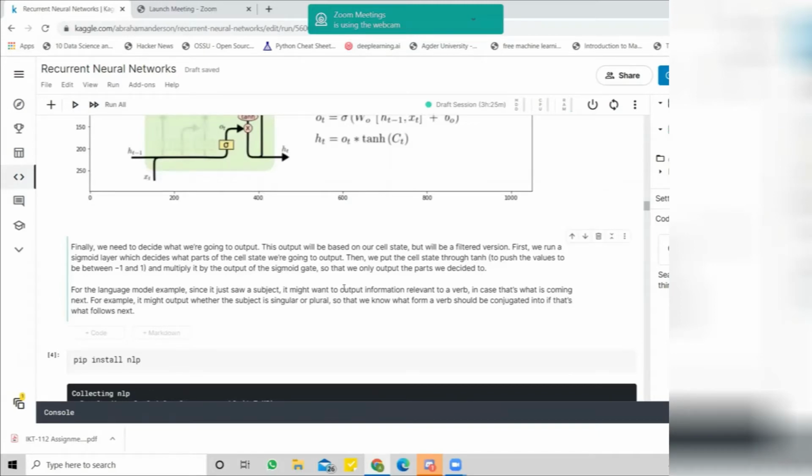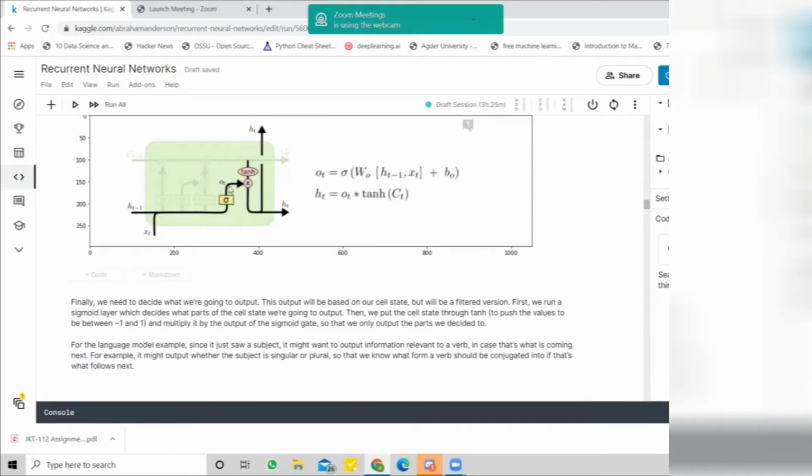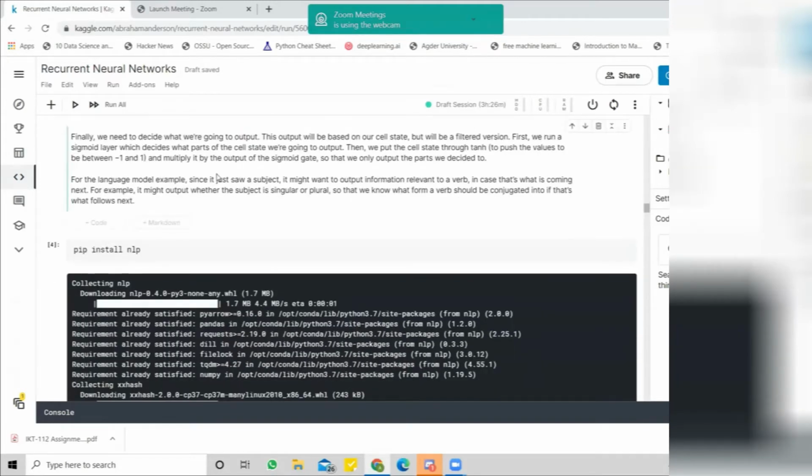For example, if we are talking about a person, this layer may be responsible for whether these persons are singular or plural. For example, if we are talking about people and in the next coming sentence we have to create "they", right? So this layer is responsible for the plurality or singularity of the subject of the sentence. And after that, this hyperbolic tangent function will create the outcome of just this single chunk of the recurrent neural network.